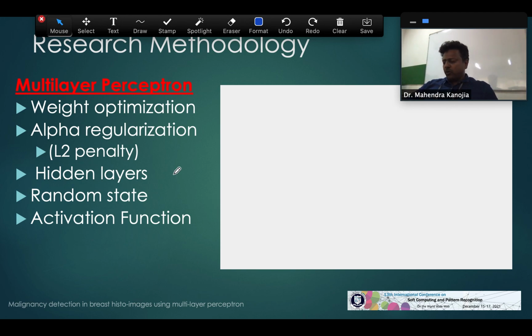What my model looks like, as the name says, is a multi-layer perceptron model. It has various types of layers. First is my input layer, then a hidden layer and an output layer. In my input layer, as we have selected 48 features, I have 48 units.